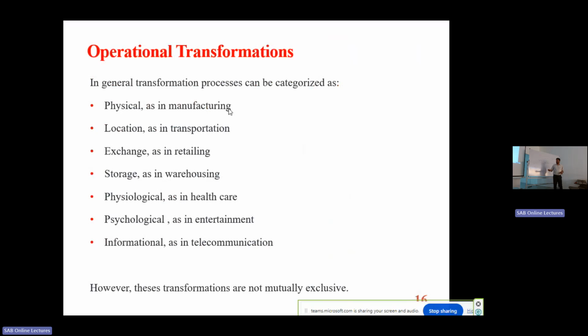Let's quickly complete the other two also. Some businesses, some industries have psychological transformation. Some relaxation to the human mind, fun, entertainment. That is not physical or physiological, but psychological. Where can you see it? In which type of industries, businesses? Education, entertainment,